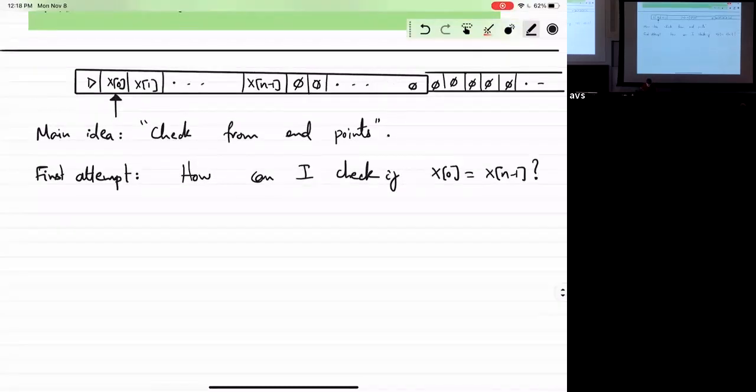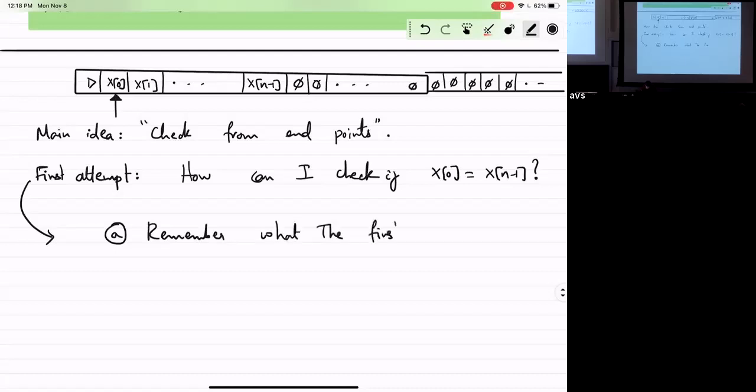So let me write this in more elaborate terms. The suggestions so far, let me split into two steps. First, remember what the first symbol is.